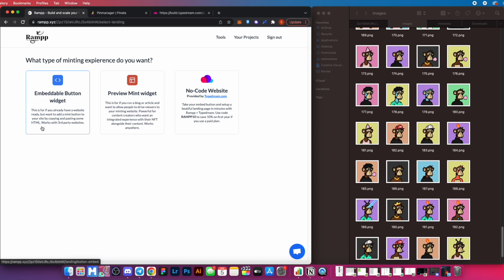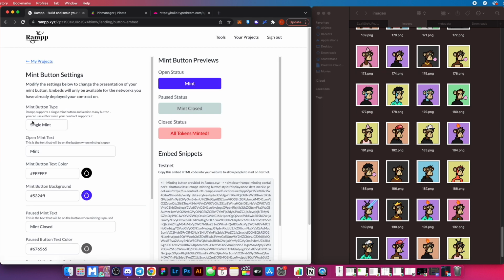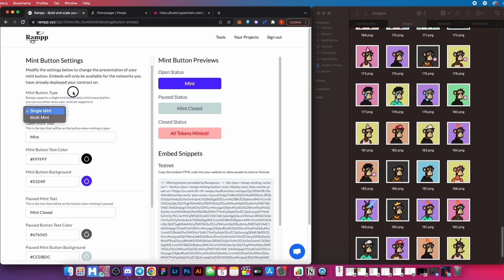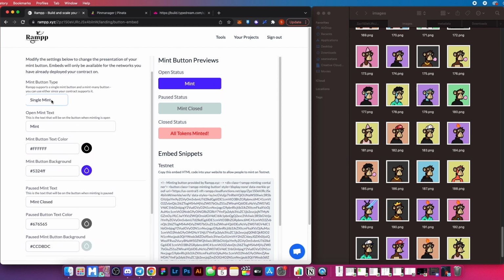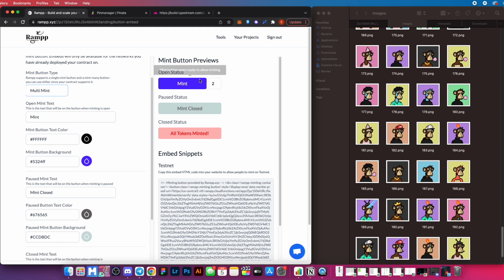But this left option here is an embeddable button widget, so we can click on that. And we can go ahead and customize our button right over here. So again, the contract that we made, we're allowing people to mint up to 2 NFTs. So we're going to switch this to multi-mint. That way they can see the little number here and they can change it between 1 and 2. We're going to call this mint